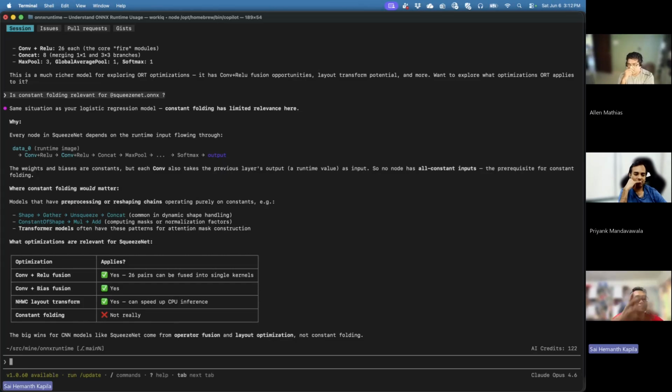Okay, shall we try and do that? Okay, let us ask for it. I think operator fusion seems like a more common optimization. Shall we do that? Let us finish off this constant folding. Sure. So what do we want to do with the constant folding? You're trying to get some other model which benefits from